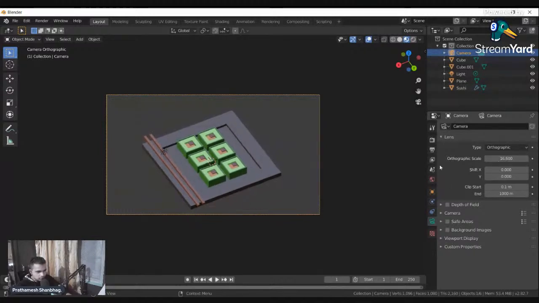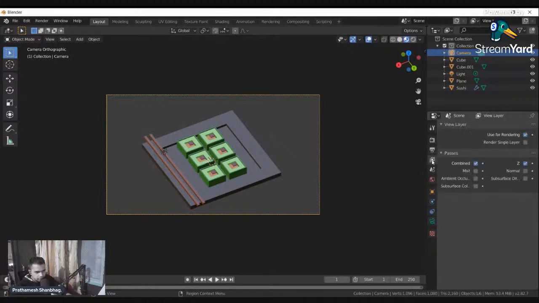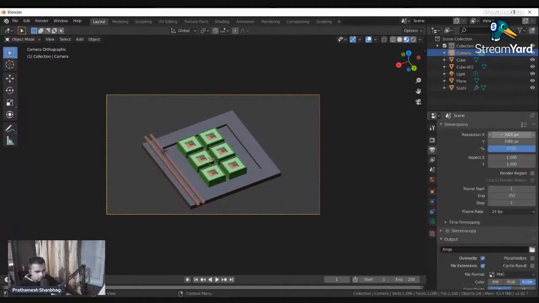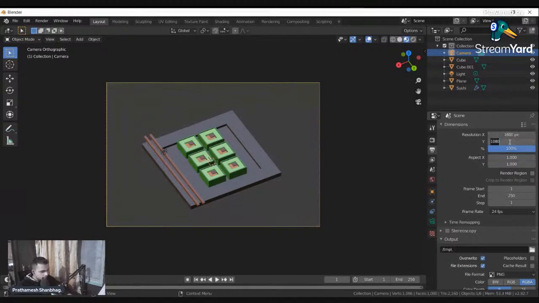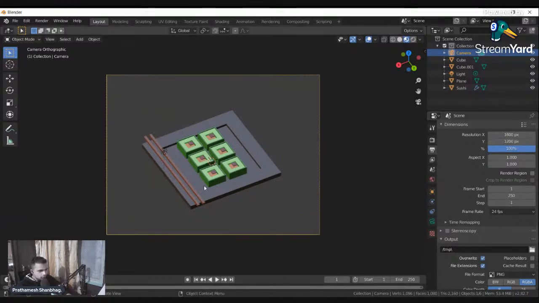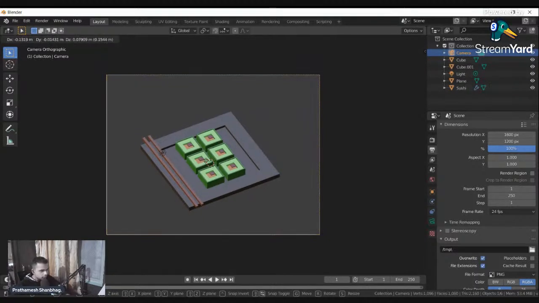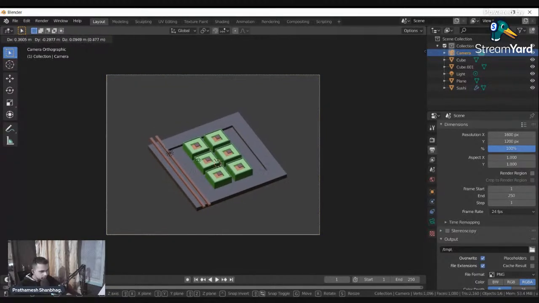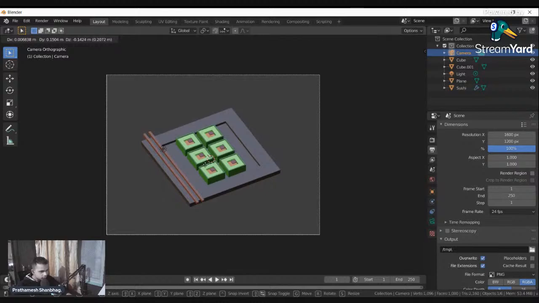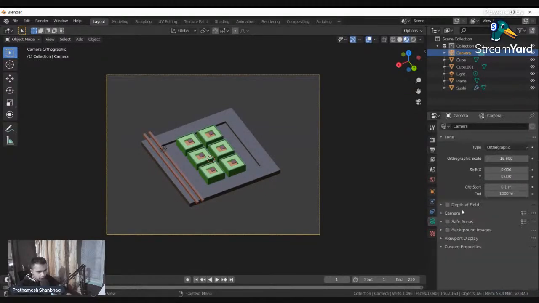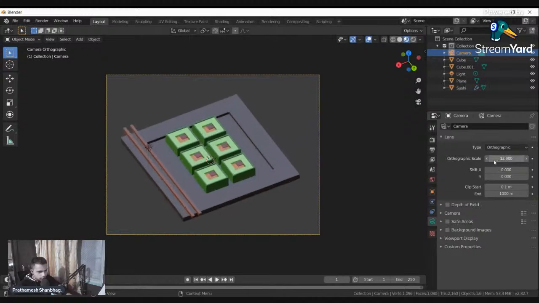And that's about it. We'll also want to change the aspect ratio that you can do from here, which is in the resolution. Make it 1600 by 1200 to get a square camera frame view, and move it a little bit so that it's perfectly in view. And we don't need so much of space, so I'm going to go to camera and zoom in a little bit. All right.